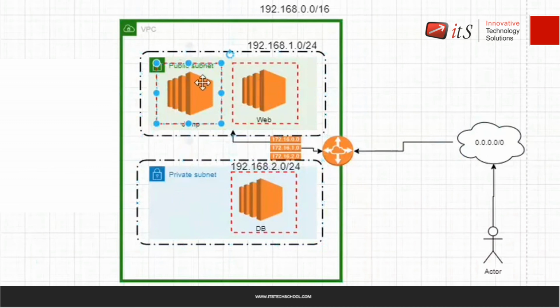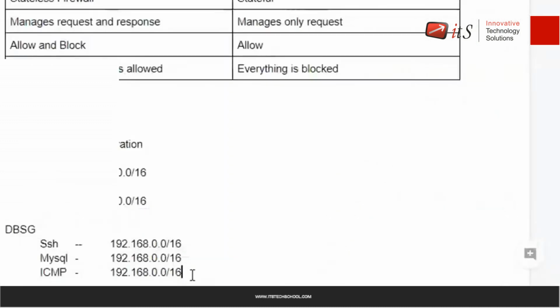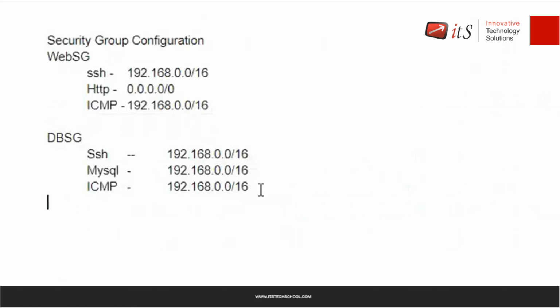I will also add multi-factor authentication for security. So whenever any user wants to access, they first have to crack the security on the jump server. After cracking the security of the jump server, then they can go to the web server. So you also add multi-factor authentication for your architecture, right? Now, if I add a jump server, it will also need a security group.